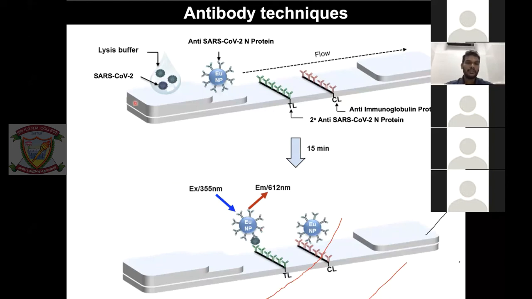So now you take the SARS-CoV-2 virus, add a lysis buffer that will lyse the virus, and then just tilt it, and the virus will flow through the platform. When it flows, here is an antibody. This antibody is known to bind to the N protein, which is the nucleocapsid protein. So if it binds, then this will also move. Basically, how it's binding is a strong non-covalent interaction. So once it binds, it is very difficult to remove. They are really, really strong. So once this is bound, it flows towards this direction.